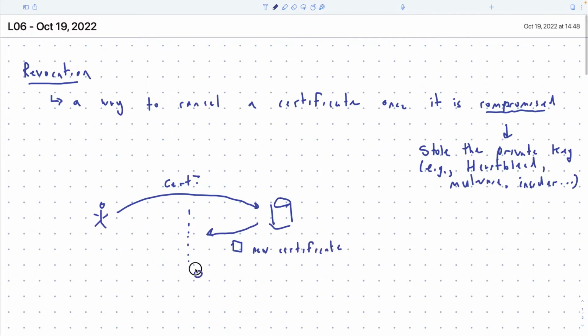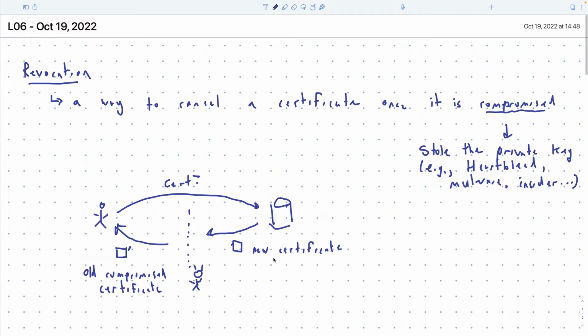But if the adversary who has your old certificate is on the line, then they can just replace it with the old compromised certificate. Just because the CA will issue a new certificate, that's fine, that's great, but it doesn't take the old certificate out of circulation. It doesn't cancel or revoke the old certificate.